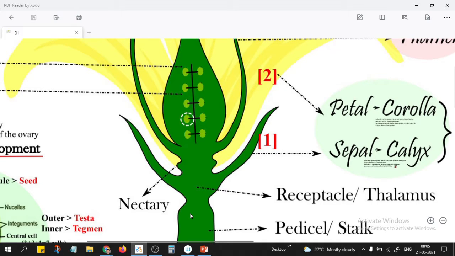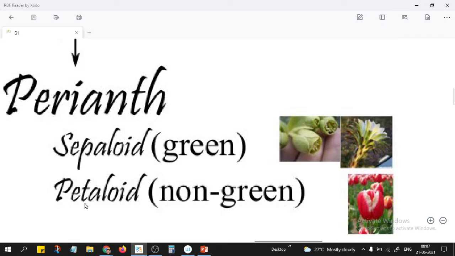Okay, because you know that sepals are generally green in color. So in some of the flowers we may see this kind of structure where the petals you cannot make out, everything looks green only, looks like sepals. Similarly, in some flowers the sepals and petals all look the same, and mainly green in color. The petaloid tepals will be non-green. Okay, like the tulips here, these are petaloid. We are not able to see the sepals below them in the tulip.